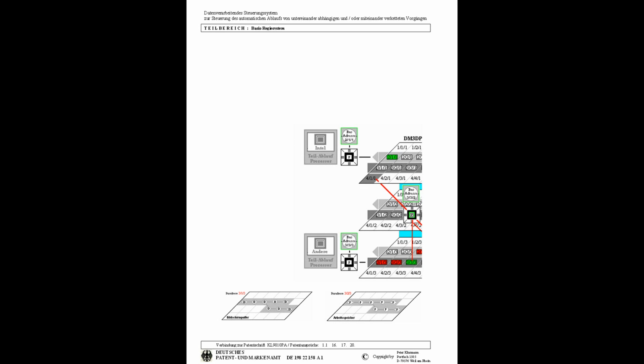Ladies and gentlemen, now the next supplement appears, another 13 of the fiction. The basis direction system as a symbol is the consideration of the representation that follows now. The grading die with its grid patterns in the third dimension is always current. The illustration shows a section of the multi-stage high-powered once three-dimensional power bus system, in brackets DM3DP, consisting of tables of the tiers 1, 2 and 3